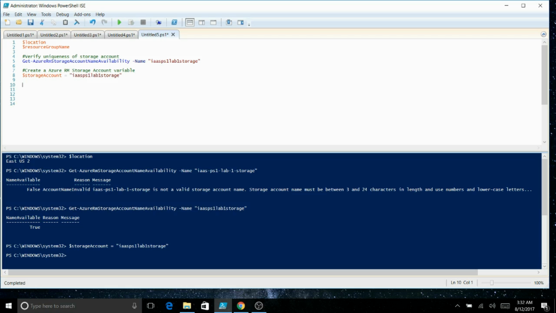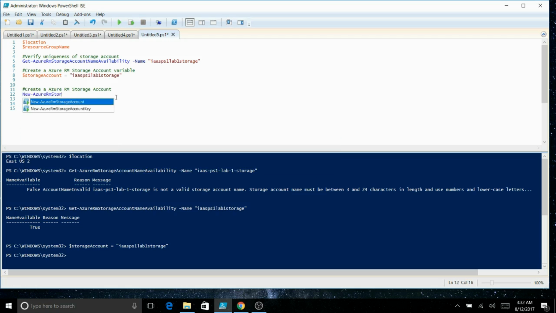And the next thing we're going to do is create, so this is going to be locally redundant storage, and it's going to be standard. So that's a storage type. So here we're going to just create a storage account, and it's going to be new